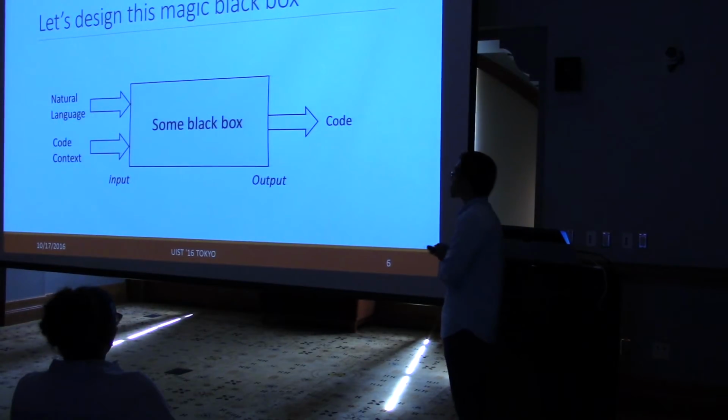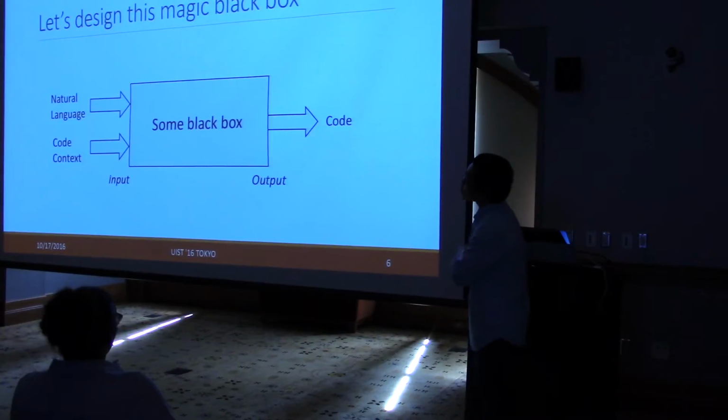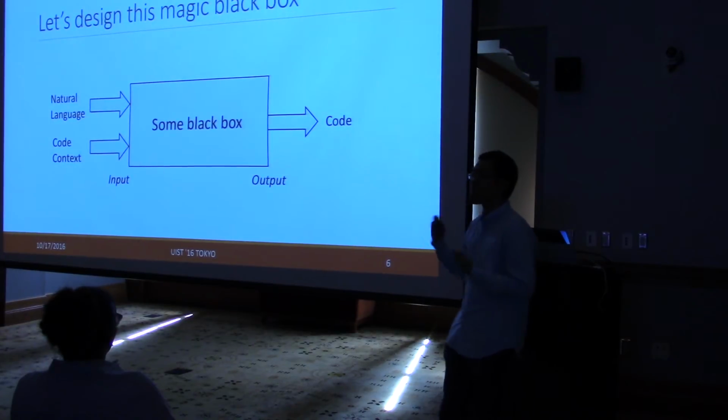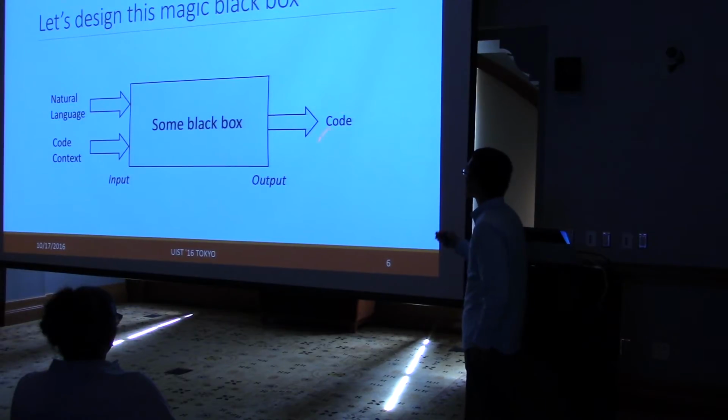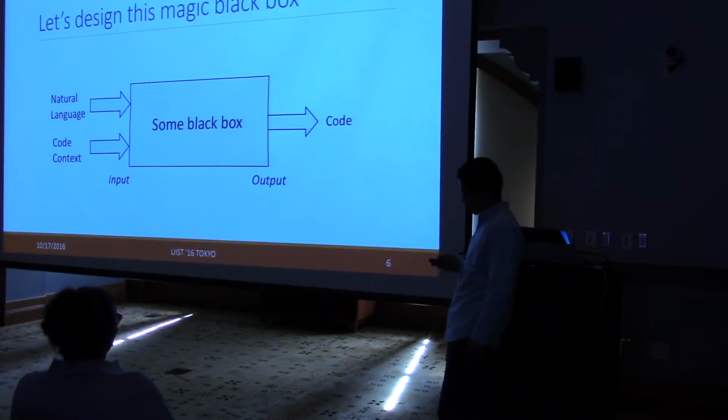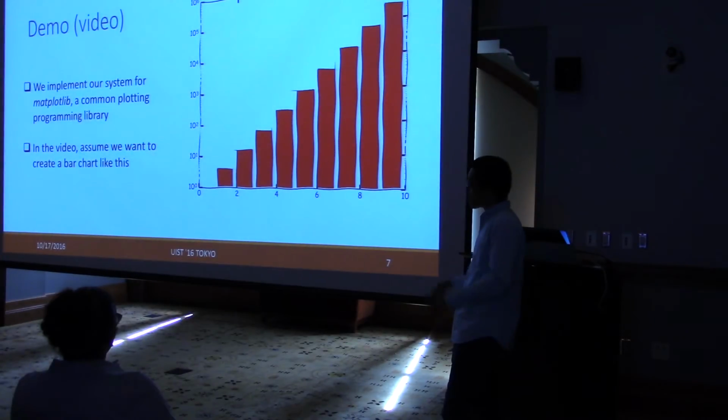That's the ideal scenario. And there are also other scenarios where the user already has a piece of code, and has something in mind that he wants to change in the code. He can describe in natural language how he wants to change the piece of code. And then the system can say, hey, this is how you change the code. So that's the overall idea.